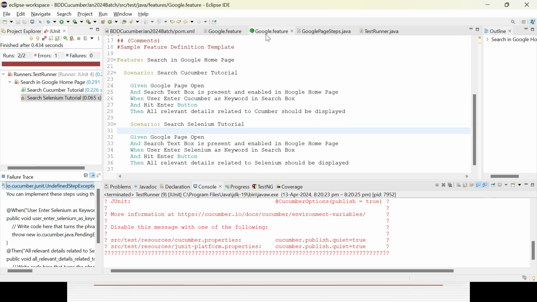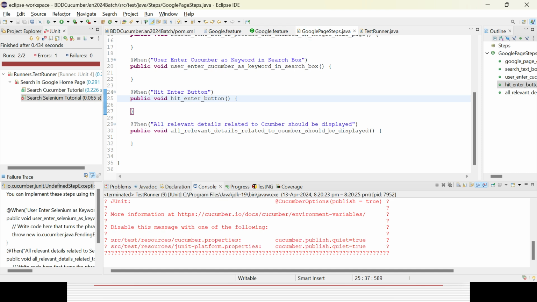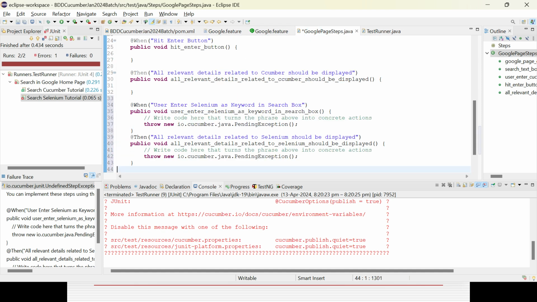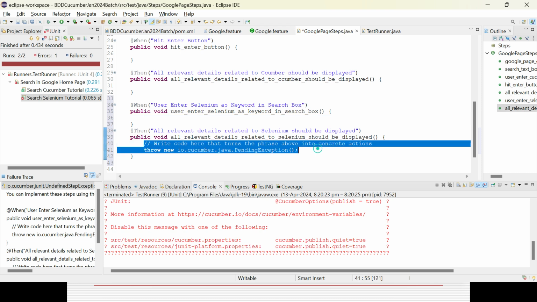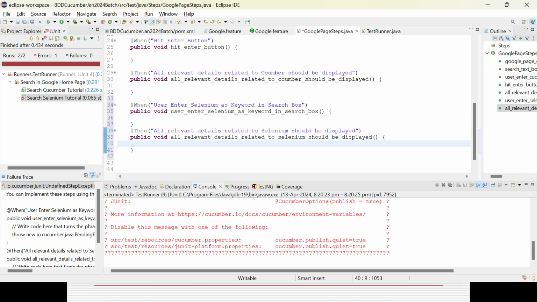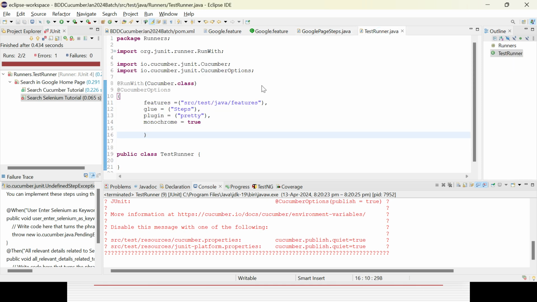And you can go to the Google feature's steps definition class, and you can simply paste it and remove those parts. That is the beauty. I have five steps, but I am writing steps for two new methods. Why? Because the others are already there. Now if you run it,